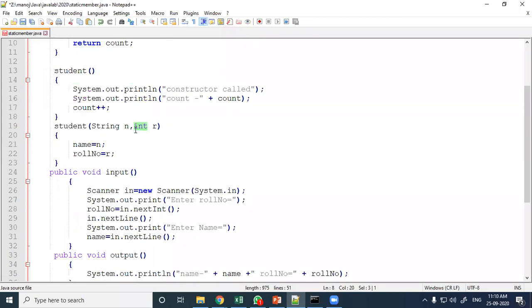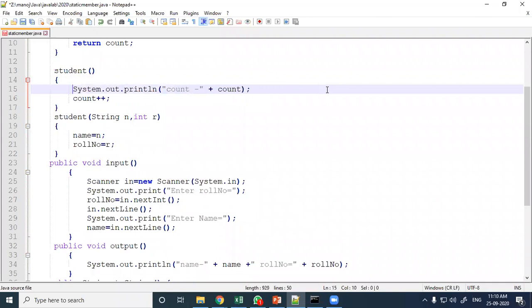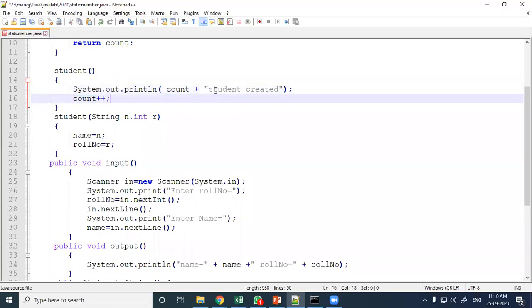In the default constructor, I have written the message that a student is created.